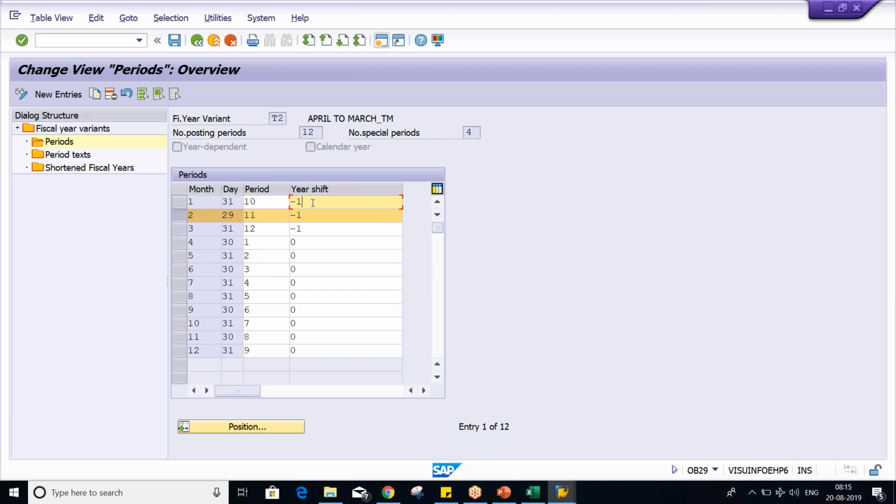Regarding year shift, if somebody asks what you mean by year shift, then you have to say that year shift is specified for a non-calendar year. It could be specified in terms of minus or in terms of plus. And if you say that it is specified in terms of minus and plus, of course, people will ask, can you quote one example? So minus, I have already given, right? Minus, I have already given. If you talk about plus,